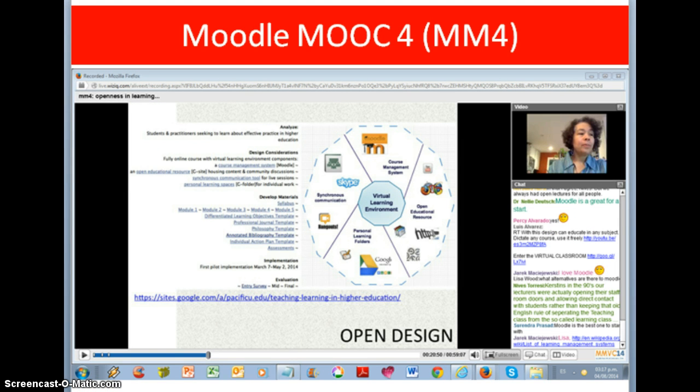About open design, Anita is using the ADDIE method of instructional design. They have 5 steps. First, she analyzes what students and professionals wish to learn.